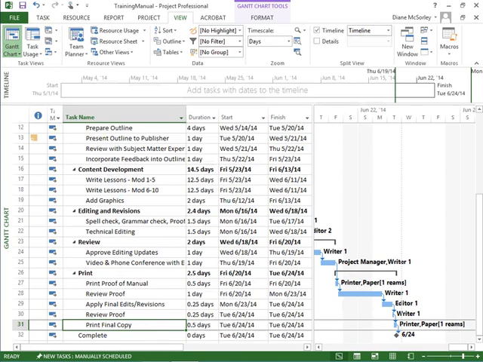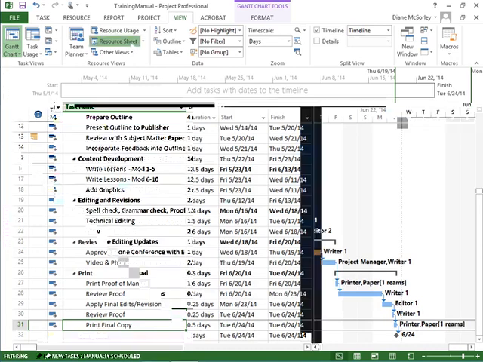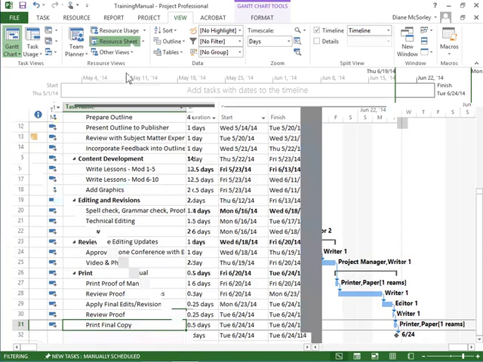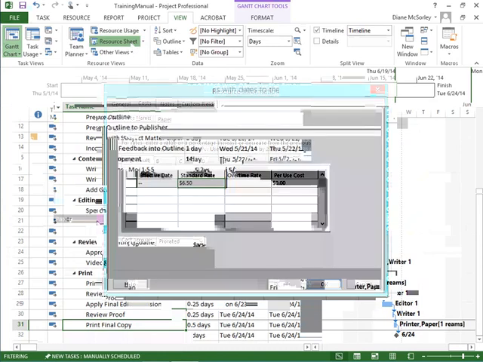So what's the rate for the paper? Let's take a quick peek at the resource sheet. Paper is here, $6.50. So we paid $6.50 for the first ream. The second ream we're purchasing, let's say it's going to be $7.50. All right, here's how we enter this one in. We also double click on the resource,